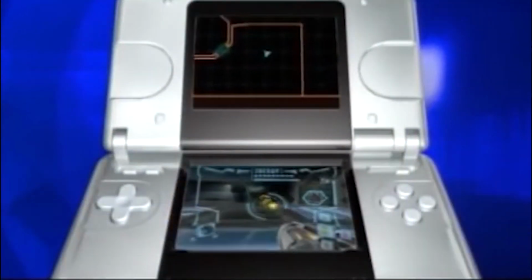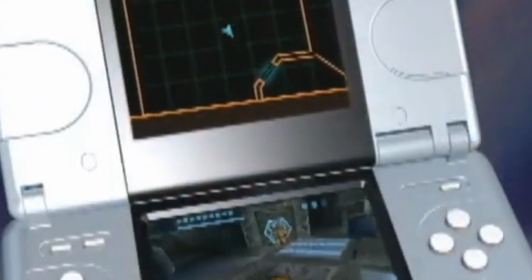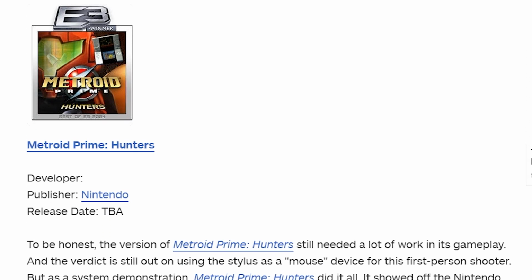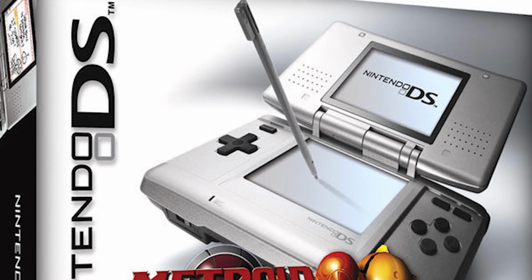Nintendo for premiering everything from the Nintendo DS, The Legend of Zelda Twilight Princess, Reggie himself, Metroid Prime 2, and of course, Metroid Prime Hunters itself. Metroid Prime Hunters took the spotlight for DS games by showcasing how capable the Nintendo DS was in handling a game that looked and played so similarly to the GameCube Metroid Prime games, even winning IGN's Best Nintendo DS Game of the Show award. With the game looking like the Nintendo DS's killer app, the Nintendo DS released on November